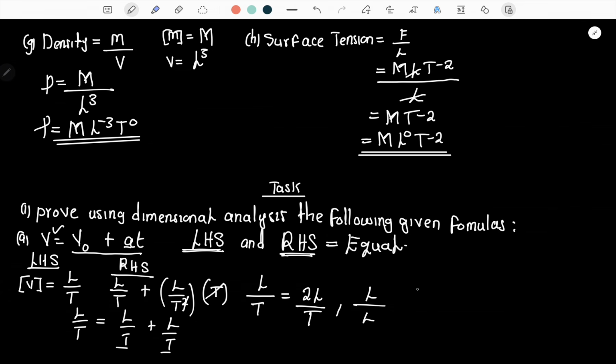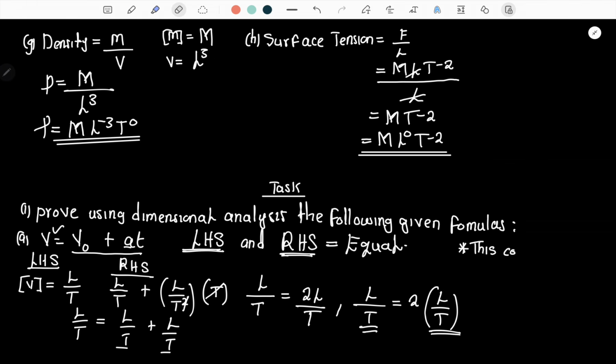So I'm going to have it's supposed to be L over T on your left. So L over T is equal to what? So you're going to factor out the 2, and then you're going to put your L over T inside. Notice that what you have here is also what you have here, because a constant is not considered as a dimensional factor. Okay? So, because on the left-hand side we have L over T, on the right we have L over T, we say, in conclusion,